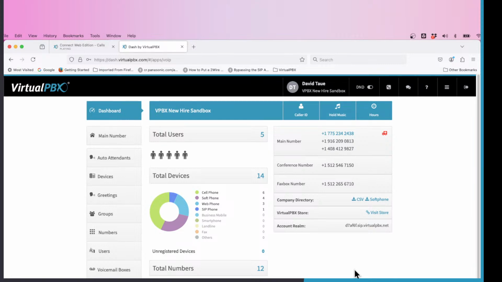Up here, also to the right of my name, I have the DND toggle, which stands for Do Not Disturb. Mine is currently active, meaning I'm not accepting calls. Further over here to the right, I then have